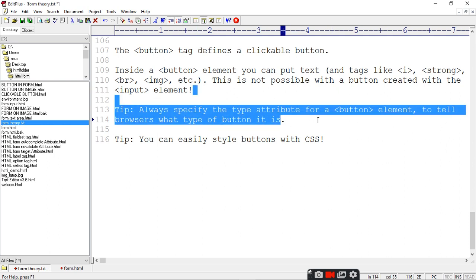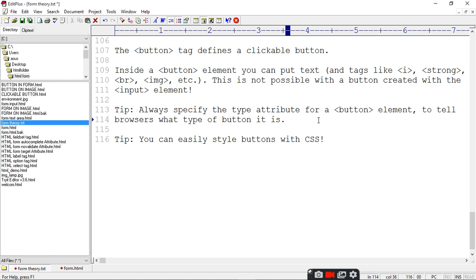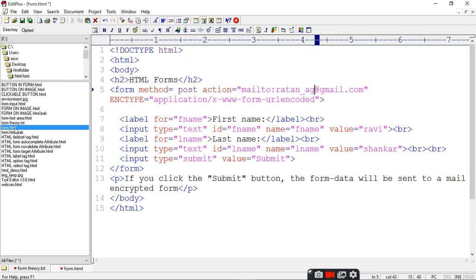Always specify the type attribute for a button element to tell the browser what type of button it is. You can easily style the button with CSS. Now see, here I used a submit button, type submit, value submit.